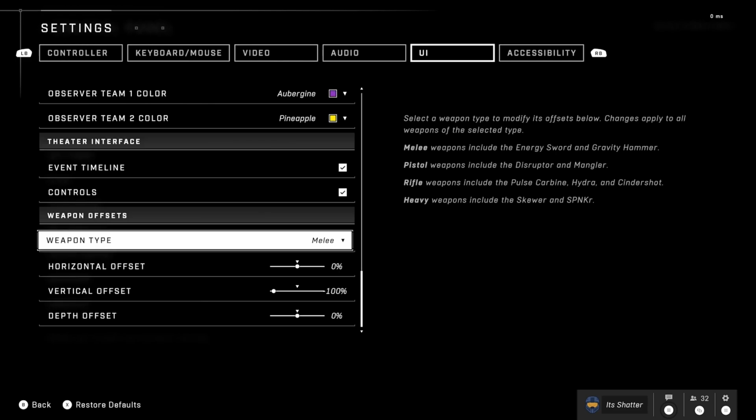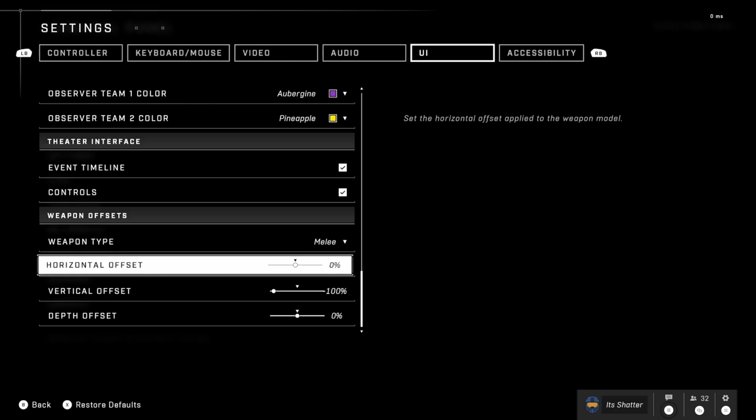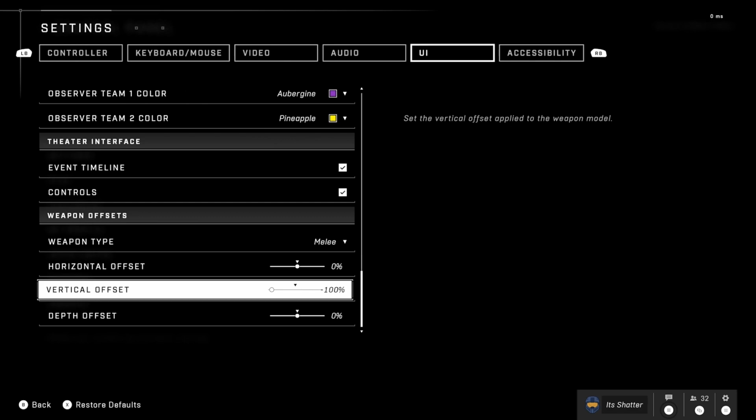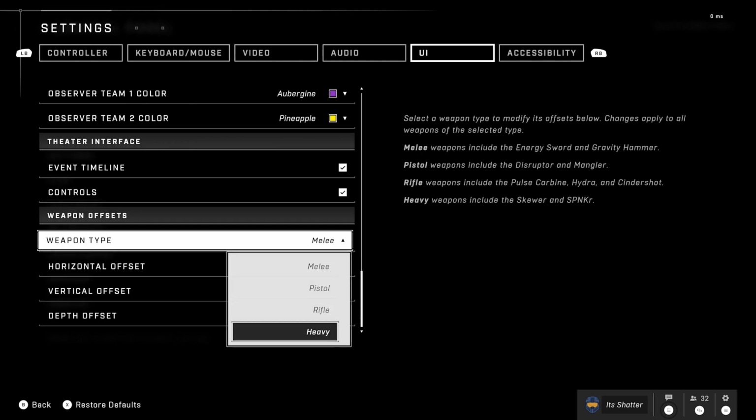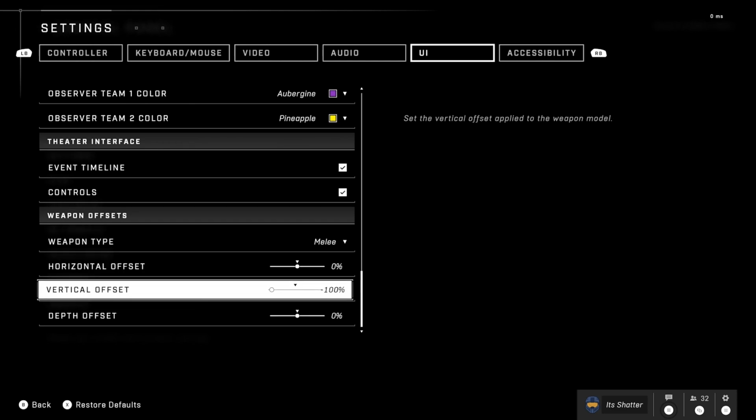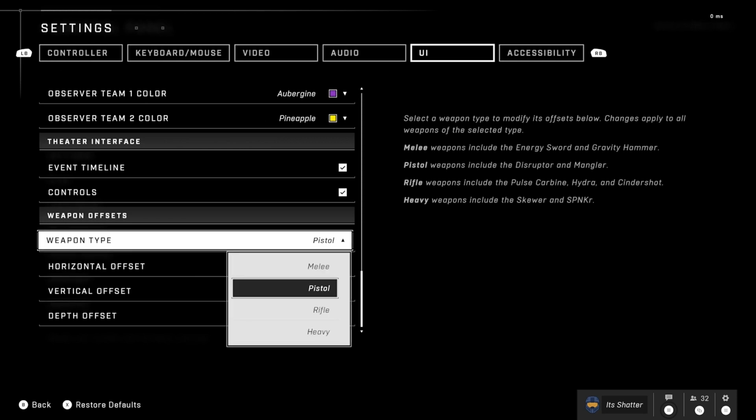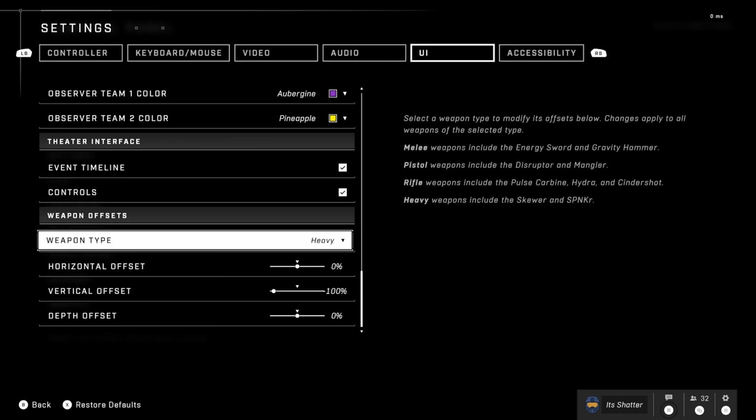Then what you'll really want to do is scroll down to the bottom where you can find weapon offsets. Weapon offsets move where the weapon you are holding appears on your screen. The only one I think is worth adjusting is the vertical offset. I put this all the way to -100% for every weapon type. This lowers the weapon in your visual field, which reduces the space it takes up on your screen,